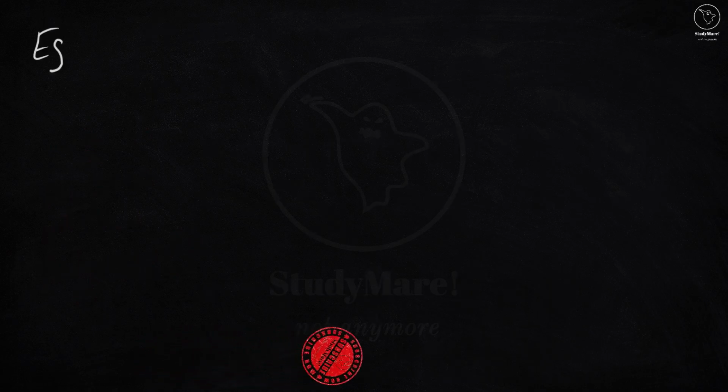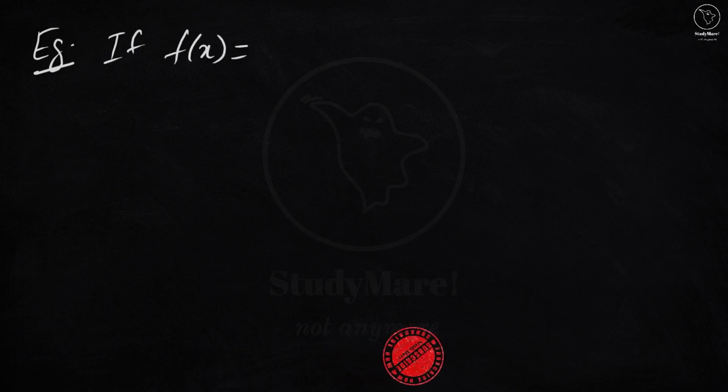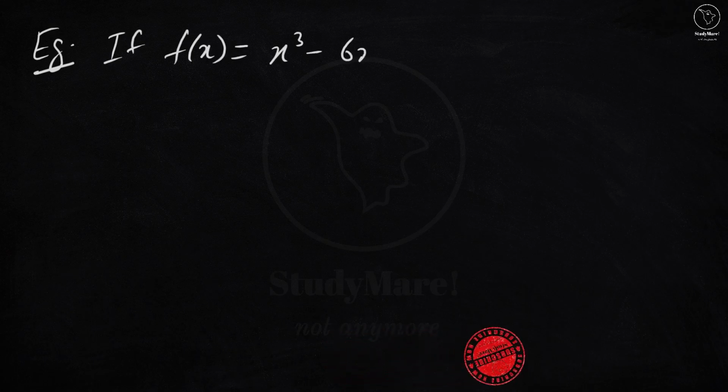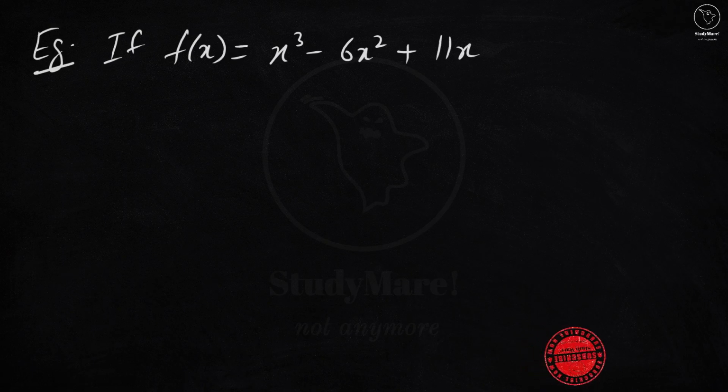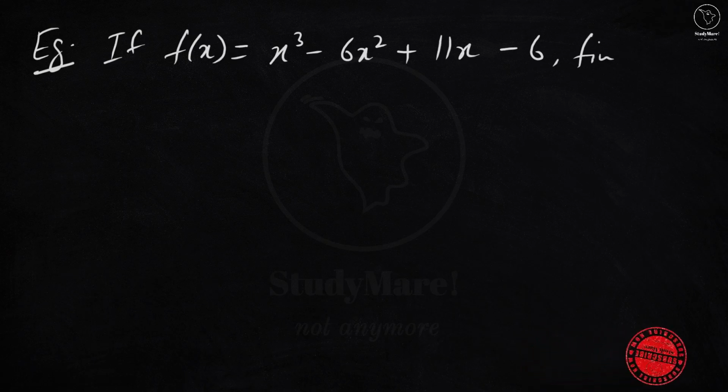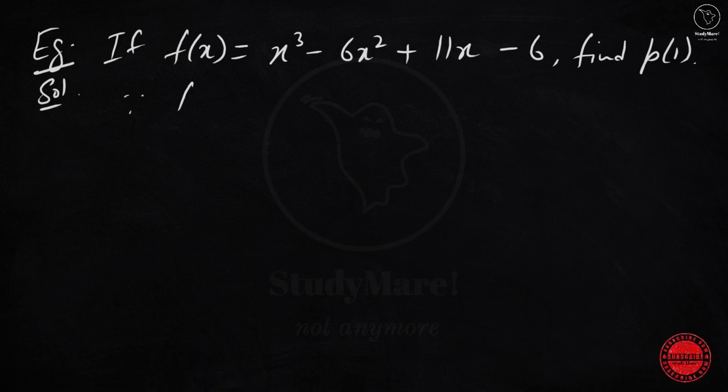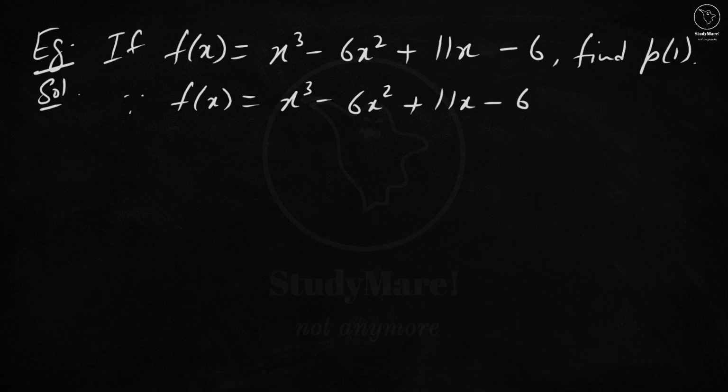Our next example is, if f(x) is equal to x cube minus 6x square plus 11x minus 6, find f of 1. Let us solve this one also. Since f(x) is equal to x cube minus 6x square plus 11x minus 6, substituting the value of x as 1 in the given polynomial, we get f of 1 is equal to 1 cube minus 6 into 1 square